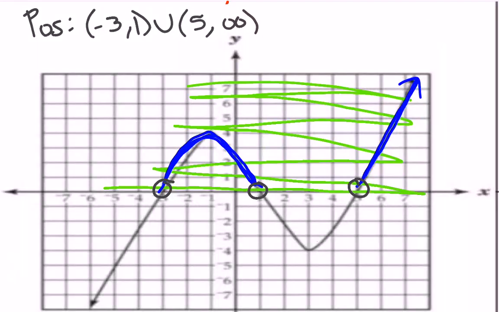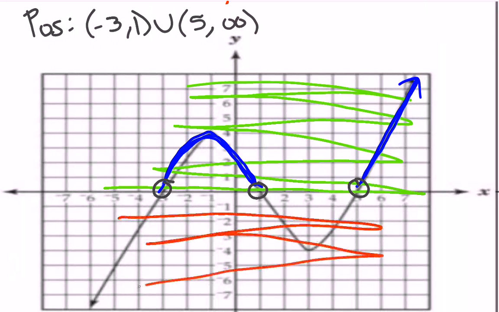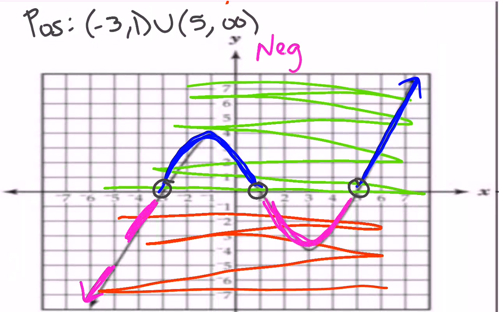If we're talking about negative, that means where is it below the x-axis? Below the x-axis. Once again, we have two pieces. So negative, where is that arrow going? It's going left. Don't think about it going down right now. It's going left, so negative infinity. Then it stops being negative at -3. Union, it starts being negative again at 1